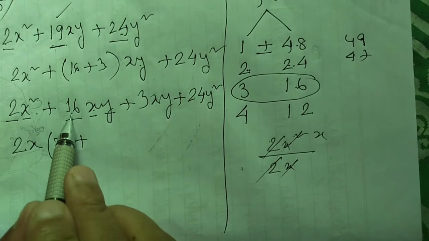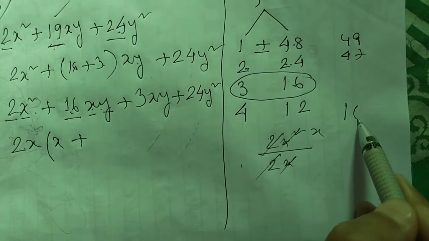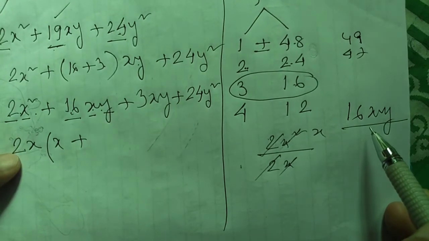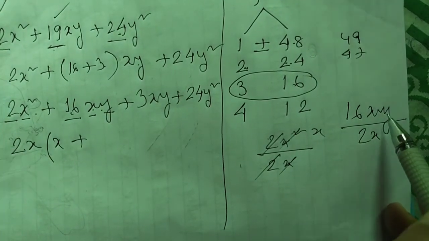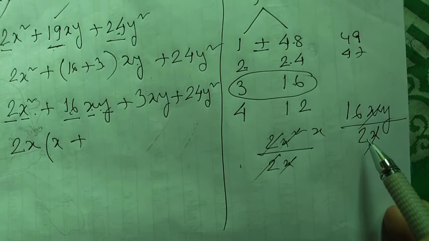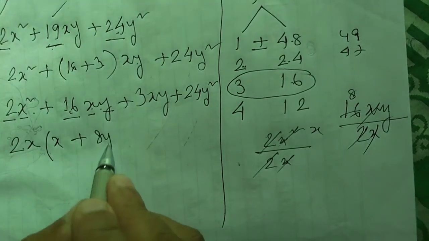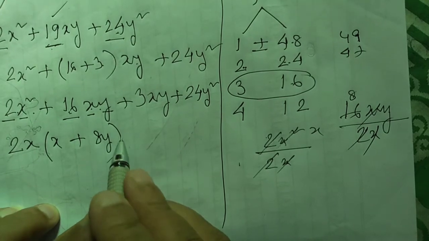Plus 16xy. 16xy will be divided by 2x. X cancel. 2 8 ja. So 8y is left. 8y. Now plus,